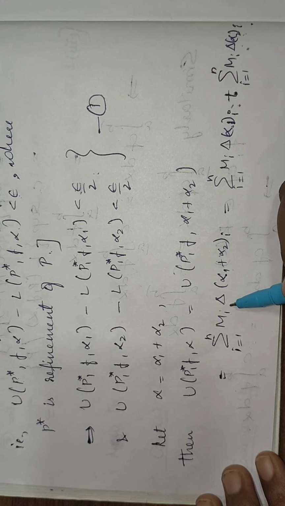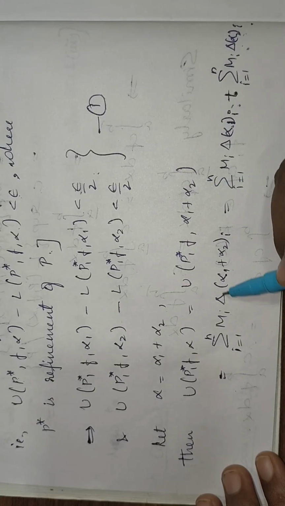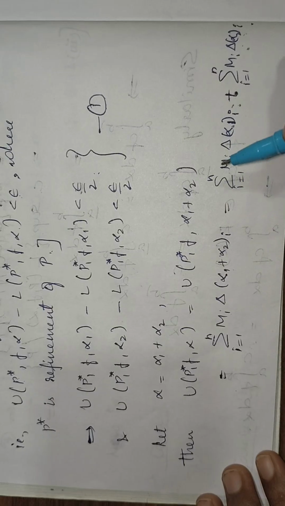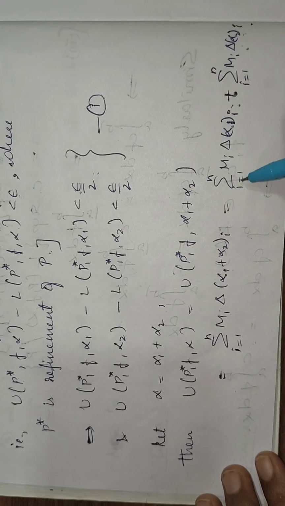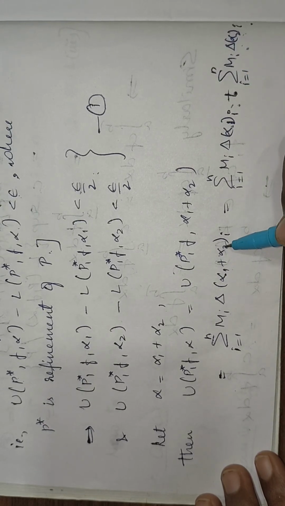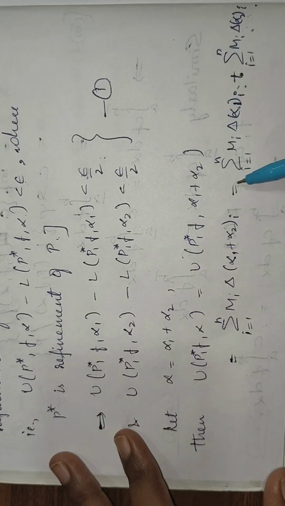So capital Mi into delta alpha i is alpha 1 plus alpha 2 i. So instead of delta alpha i, we are writing alpha 1 plus alpha 2 i. Okay, and that can be written as summation i equal to 1 to n Mi delta alpha 1 i plus summation i equal to 1 to n Mi delta alpha 2 i. So this can be split like this. Okay, and this is nothing but the definition for upper sum of f with respect to P star and with